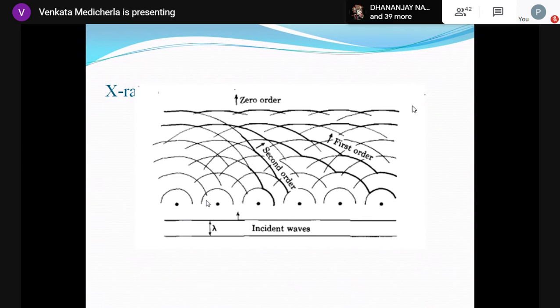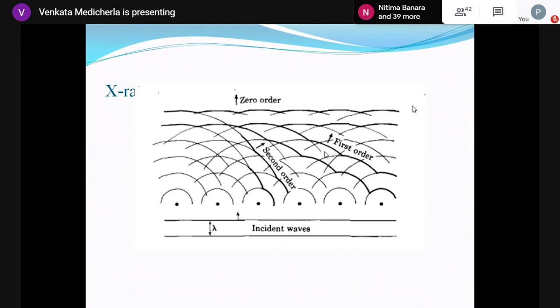Spherical distribution of waves. But when they go in the forward direction, all the waves are traveling in the same direction as the incident beam, and you get interference. That's constructive interference. That's the zeroth order, we call it. I told you just now, the direct beam is called zeroth order. And if you go to the sides, either left or right, you get first order and second order like that. Okay, so this is just pictorially showing what happens, because this diffraction is occurring because of periodic